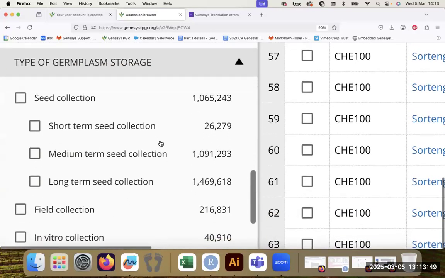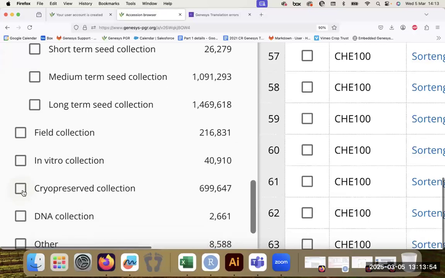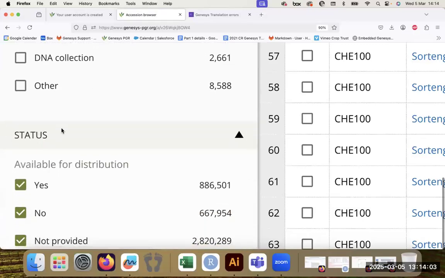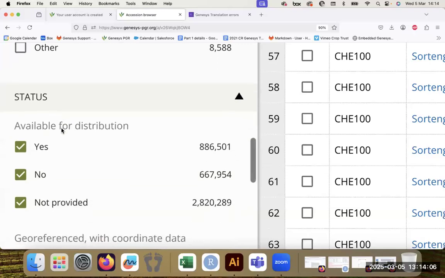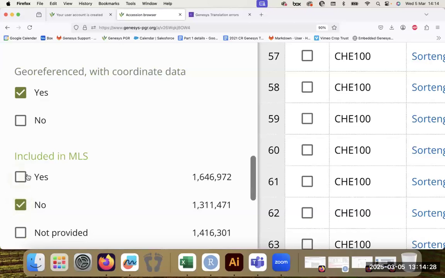Same type of filtering for the germplasm storage, whether it's in a seed collection, in the field, in vitro, cryopreserved, etc. And then you get to the status category of filters, which also functions the same way, but here you can get to choose to filter accessions that are only available for distribution. So you only click yes, and you see how many. You can get to choose accessions that are only geo-referenced, so only accessions that include coordinate data, and accessions that are only included in the MLS,